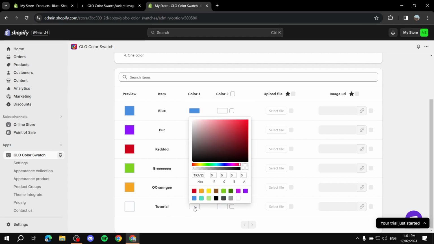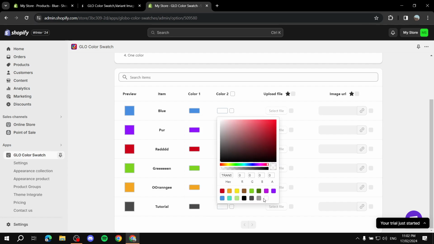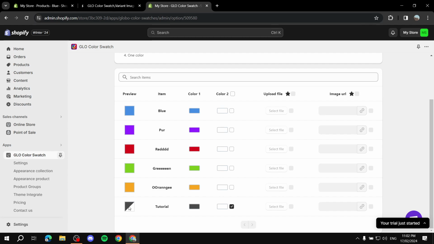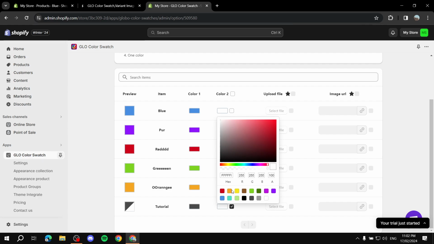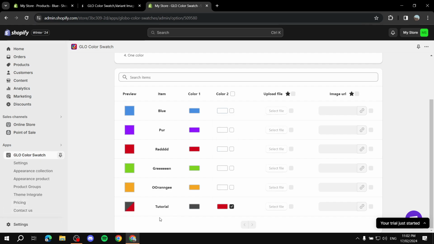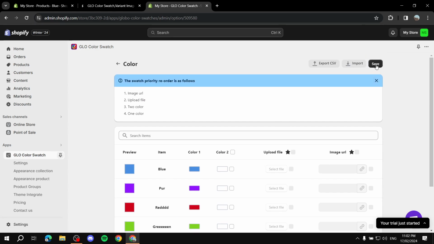And then for tutorial, let's say we want two colors. Maybe it's a little bit unique. Maybe it's two different colors. We can do, for example, gray and white. There you go. You can see now how it creates a kind of two-colored thing. So let's say tutorial is both gray and red. You can add two colors. So this is how it's going to look like. Now we need to go up, scroll up, and click on save,